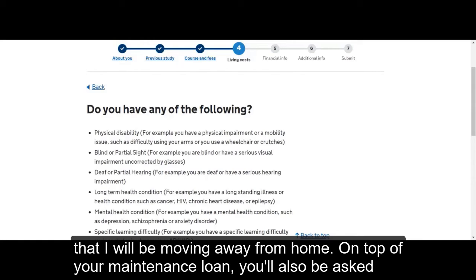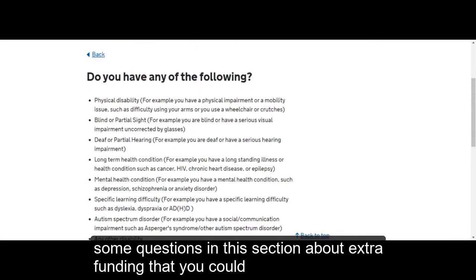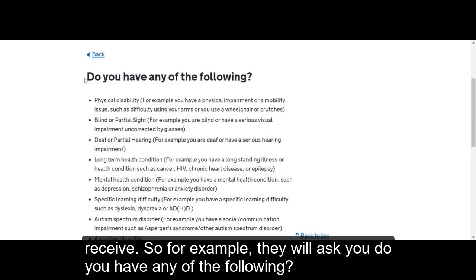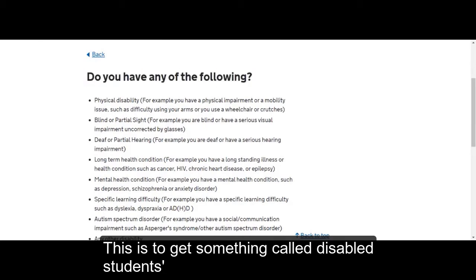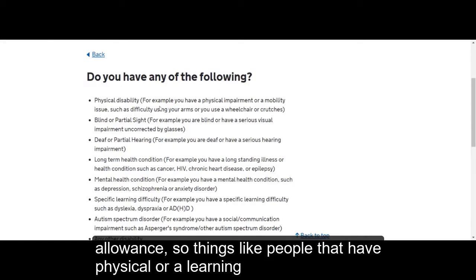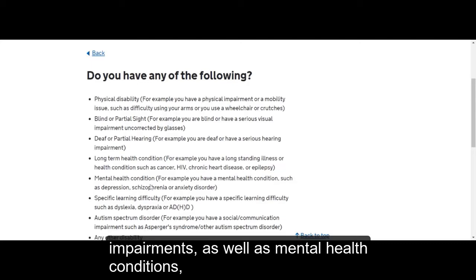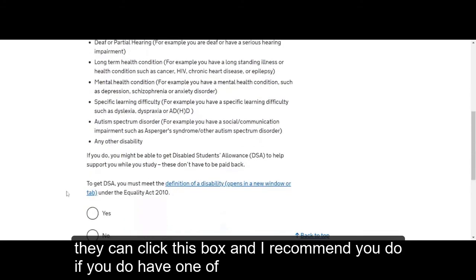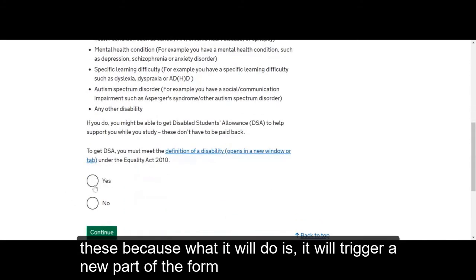On top of your maintenance loan, you'll also be asked some questions in this section about extra funding that you can receive. So for example, they will ask you, do you have any of the following? This is to get something called disabled students allowance. So people that have physical or learning impairments, as well as mental health conditions, can click this box, and I recommend you do if you do have one of these, because